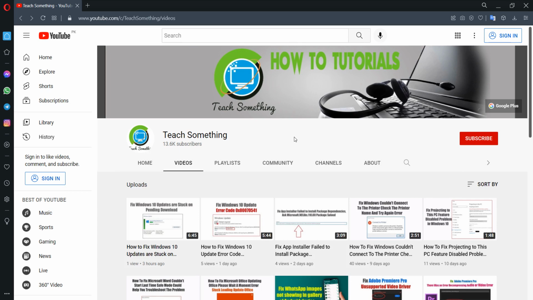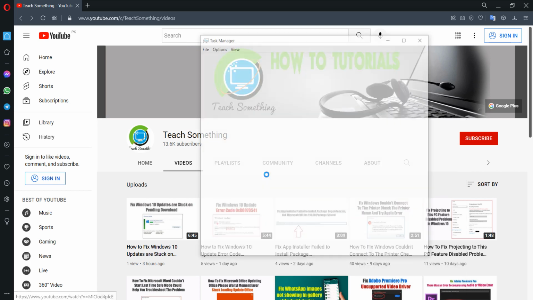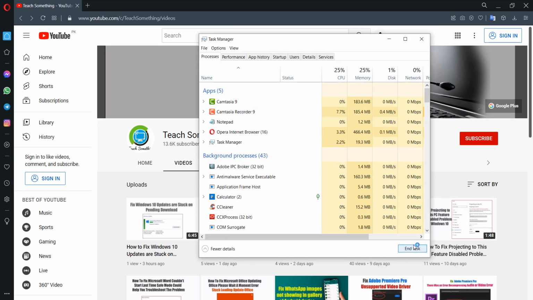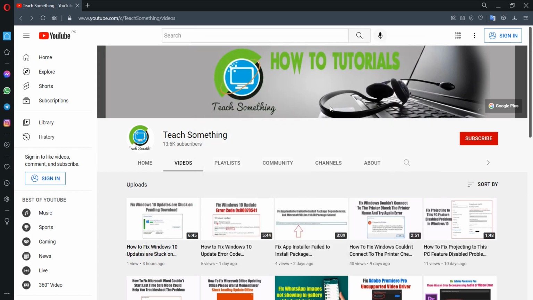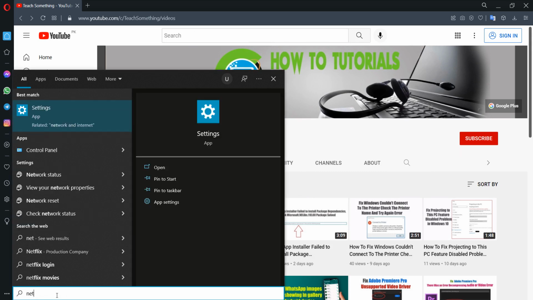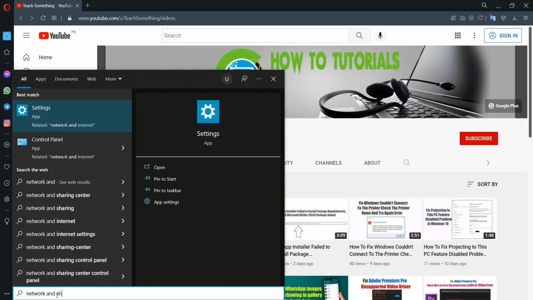So let's start. First of all, right click and open Task Manager. Select Genshin Impact and click on End Task. After doing this step, go to your search box and type network